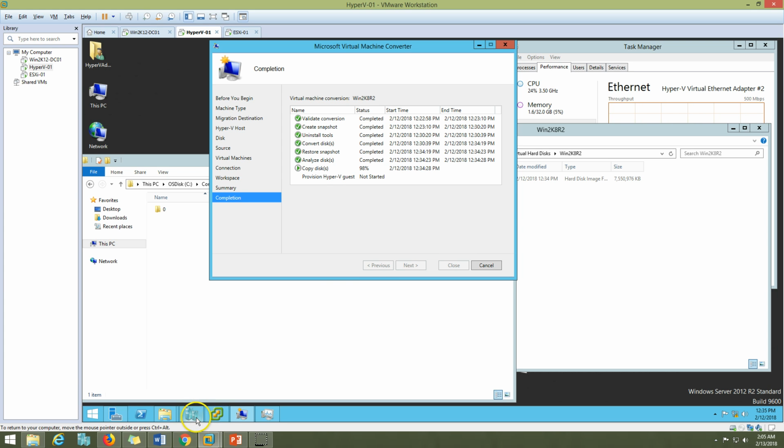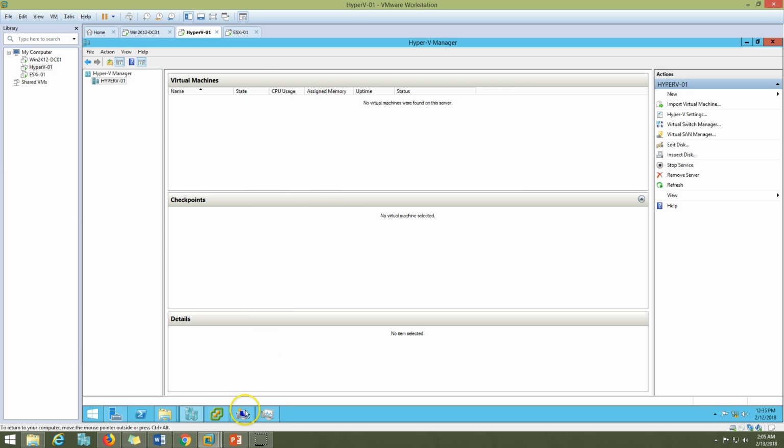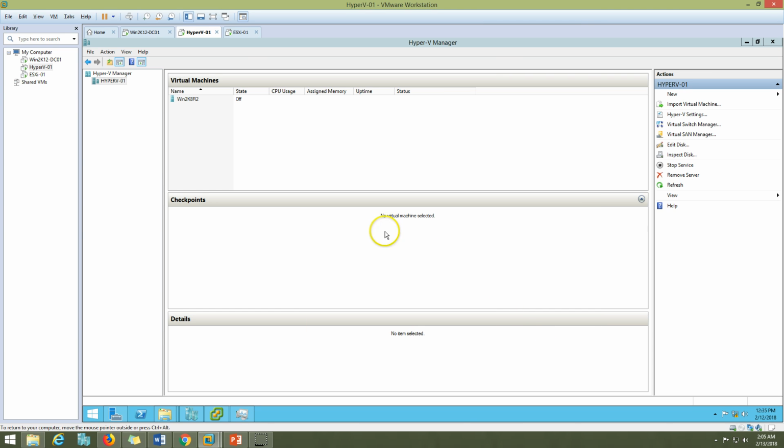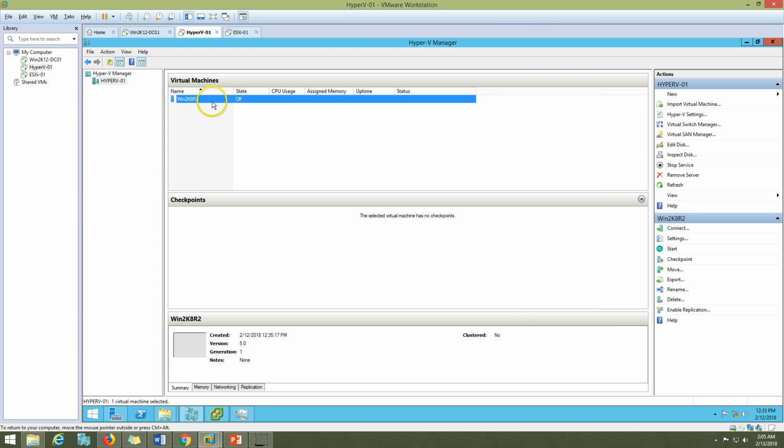And for now you can see on Hyper-V we don't have any virtual machine, and now it's provisioning. Our virtual machine has started, and it's going to complete very soon. So it's completed, the conversion was successful, so we can go ahead and close this. Now if I go and browse this machine's settings,